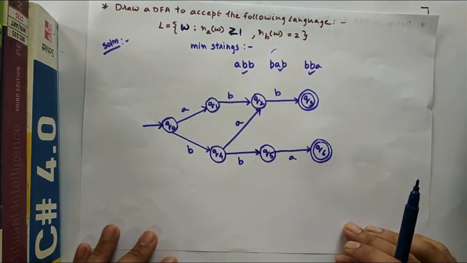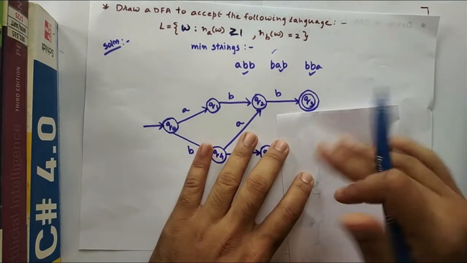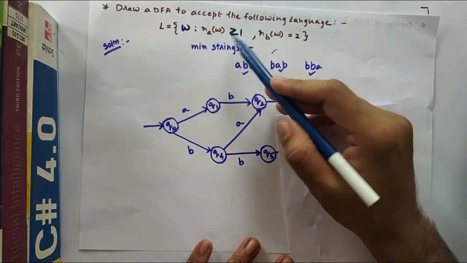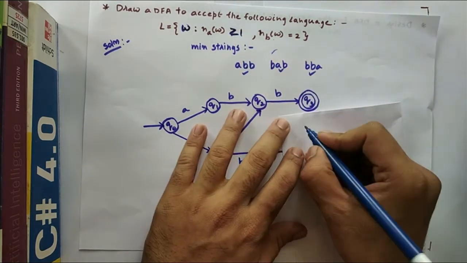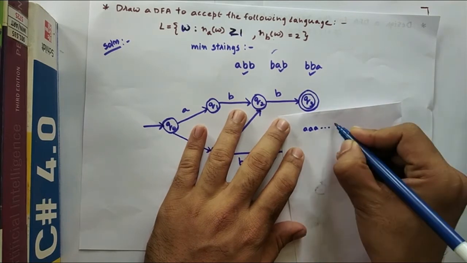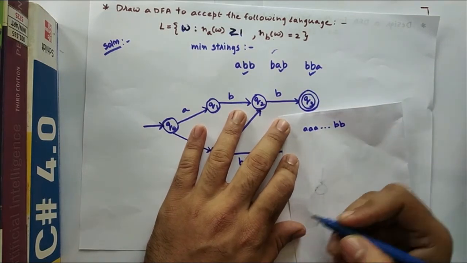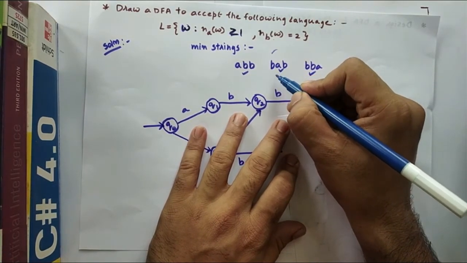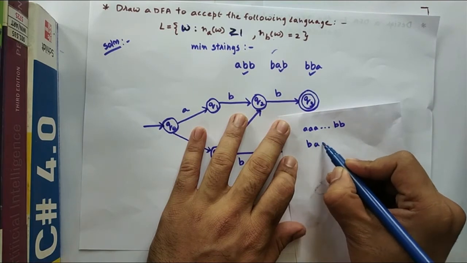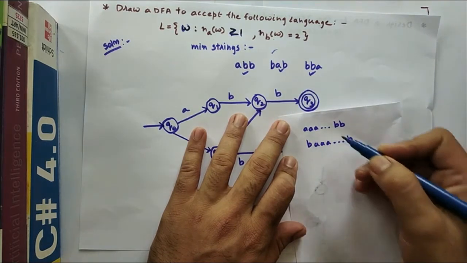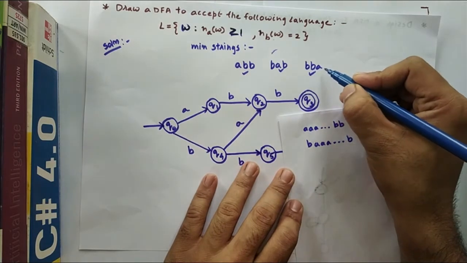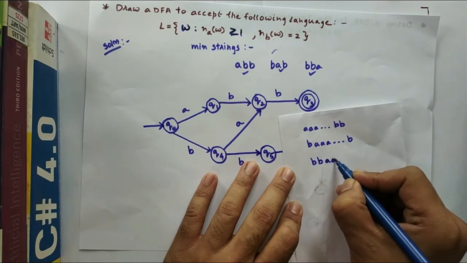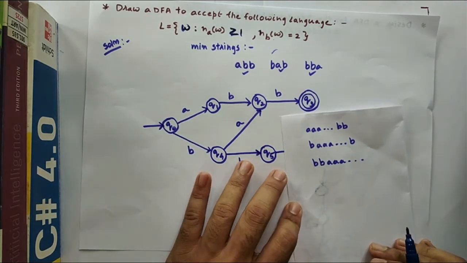Now what are the other possible strings? Here we have taken a single A. Instead of a single A, you can have more number of A's. So one possibility is n number of A's followed by BB. The second possibility is that the A that we have considered here is a single A, you can have n number of A's between 2 B's. And the third possibility is, after 2 B's, you have written here 1 A, you can have n number of A's. These are the only 3 possibilities, right?